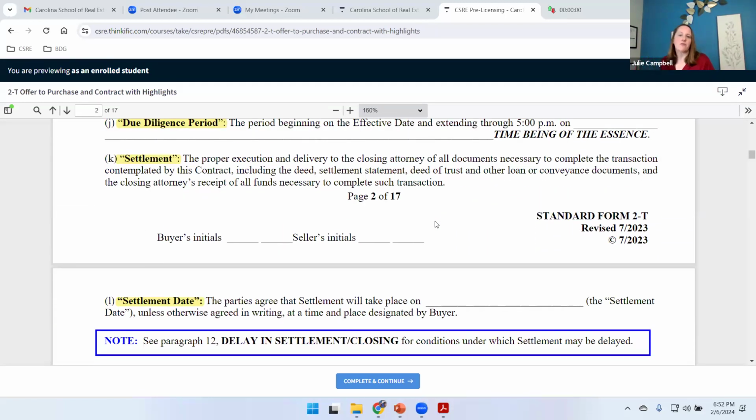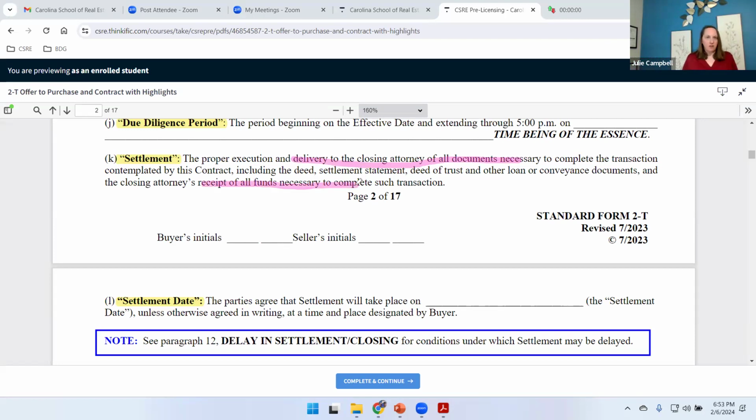What we attend is referred to as settlement. Now, once you get licensed, you'll call it closing because we all do. It's a bad habit. But for your exams, I need you to know that there is a difference. Settlement is the proper execution and delivery by the closing attorney of all documents necessary to complete this transaction, and the closing attorney's receipt of all funds necessary to complete the transaction. Settlement is when we all go to the closing attorney's office, buyer and seller go to the closing attorney's office